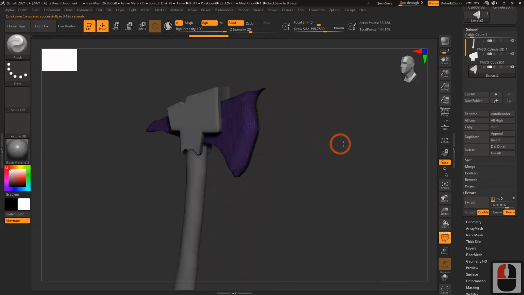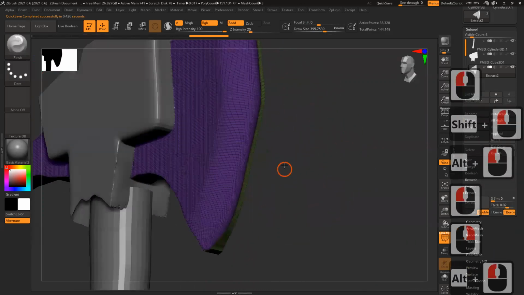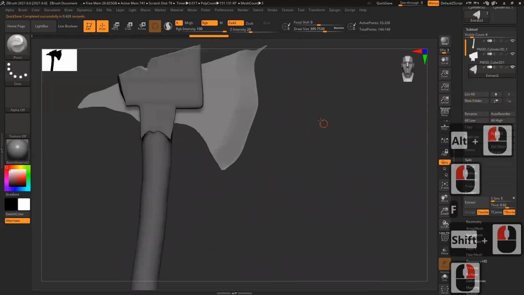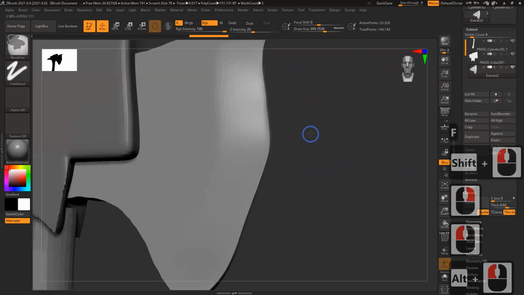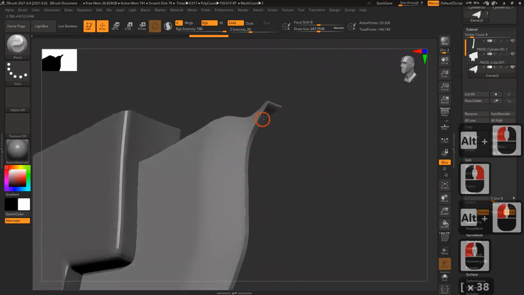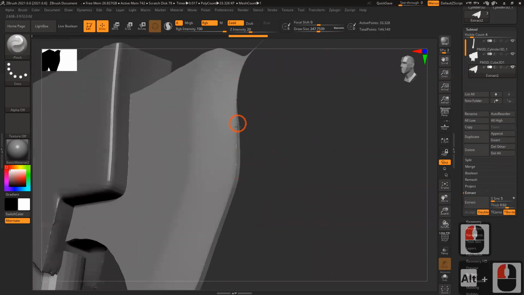Pinch it. It will pinch that surface and make it really thin. Shift F, you can see it's pinching that surface. I can make it really sharp.